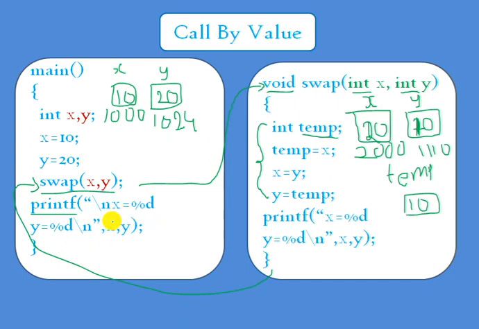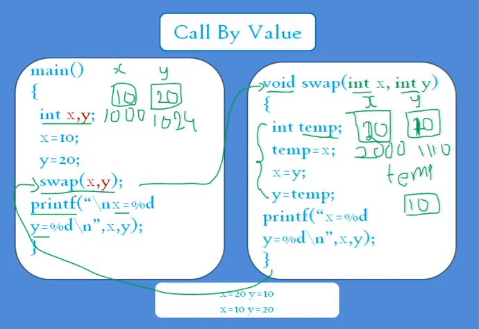Now what are the x, y values here? These x and y values are not the values corresponding to the function definition. These correspond to the main function. Now here what are the x, y values? 10 and 20. Now if you execute this program, the output is initially x equal to 20 and 10. After executing this swap method, values are interchanged. When it comes back to the original method, x and y values are 10 and 20.